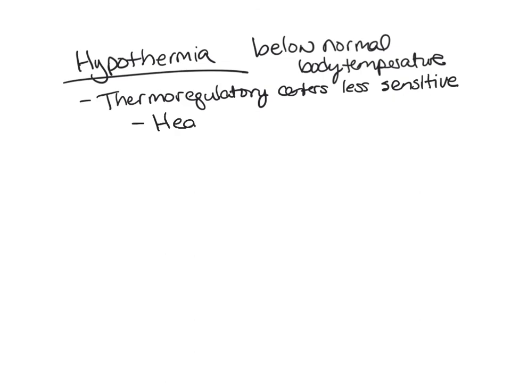So the heat gain center isn't working. If the heat gain center isn't working, and as the body temperature is dropping, then the cardiac output decreases because the heart rate decreases